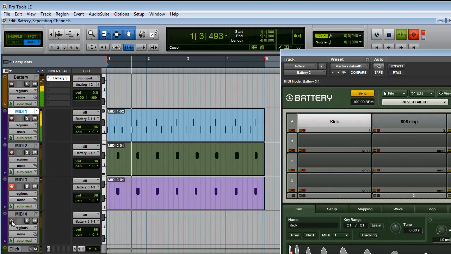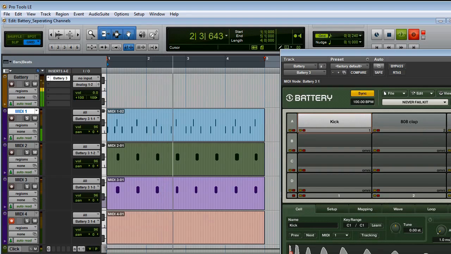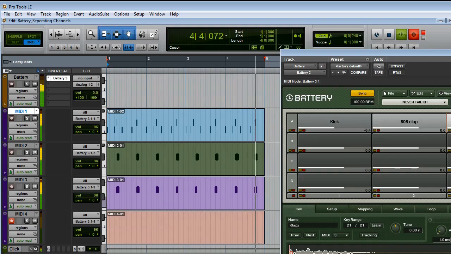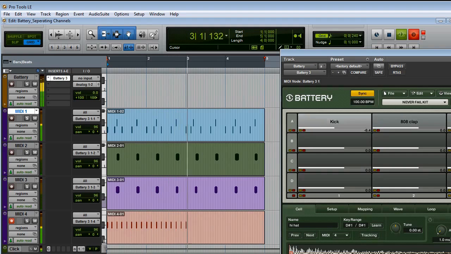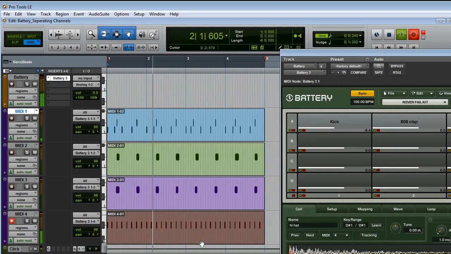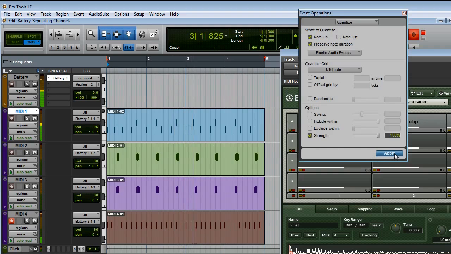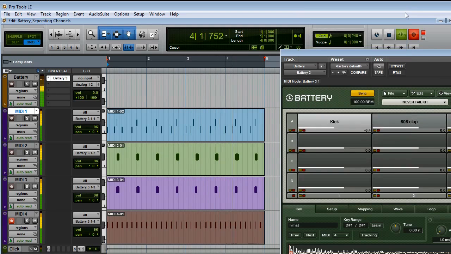Alright, and then let's lay down the hats. Actually, I'm going to bring that clap down just a little bit. Alright, now we're going to do the hats. Alright, quantize. Okay, so now